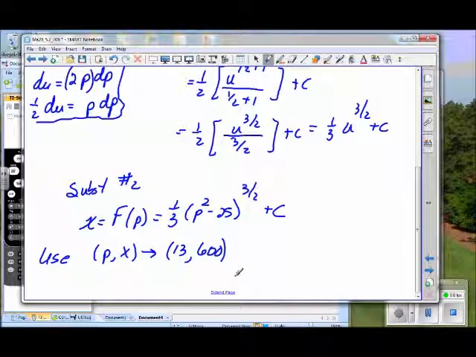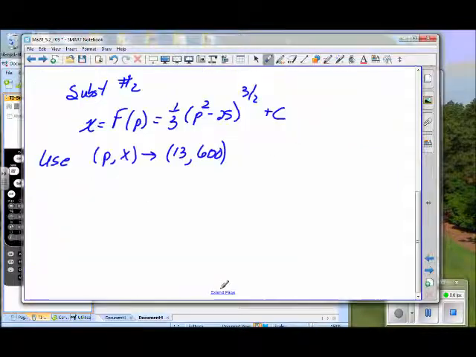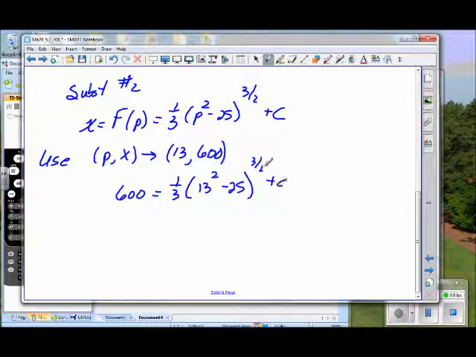So we have 600 equals 1/3 of 13 squared minus 25 to the 3/2 power plus c. This is going to allow us to find the exact value of c. So we just need to look at this multiplication here. If we, let's see,